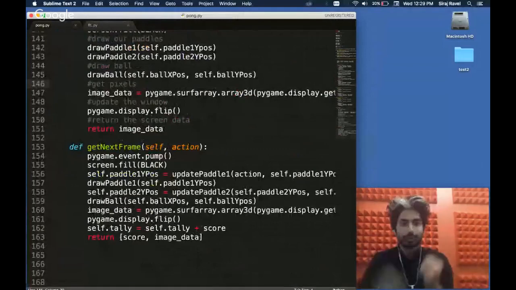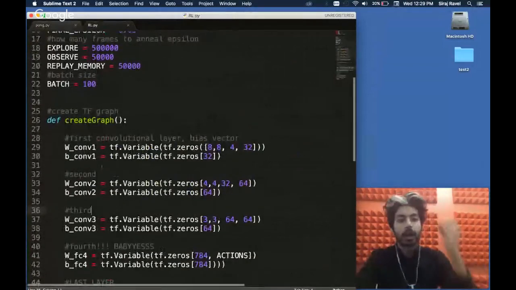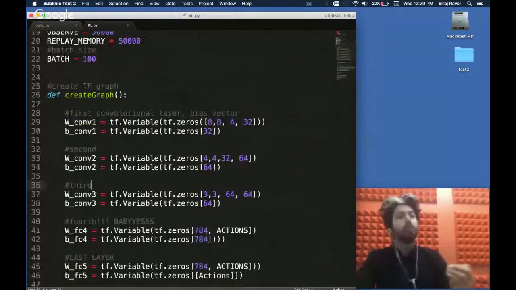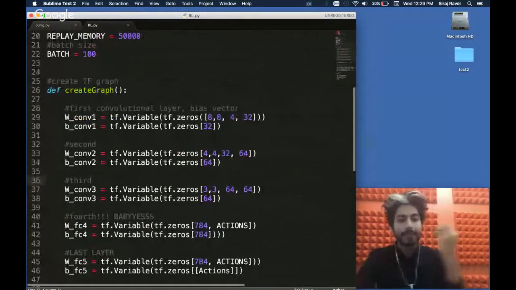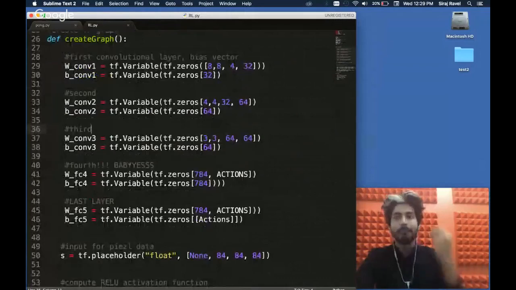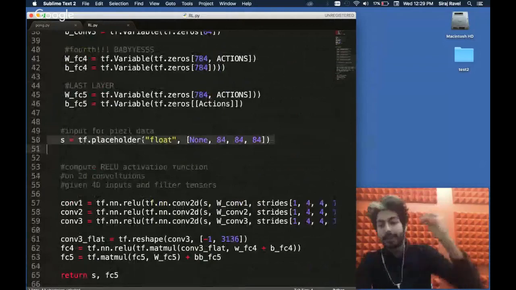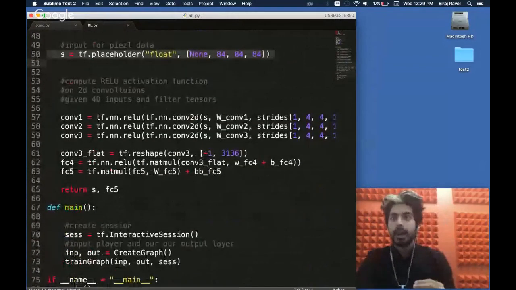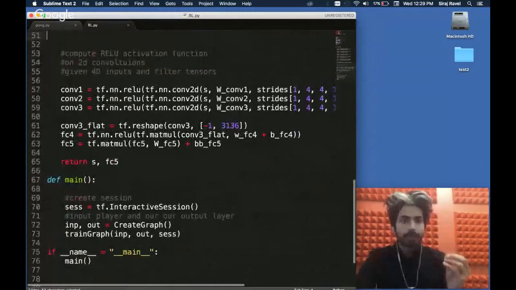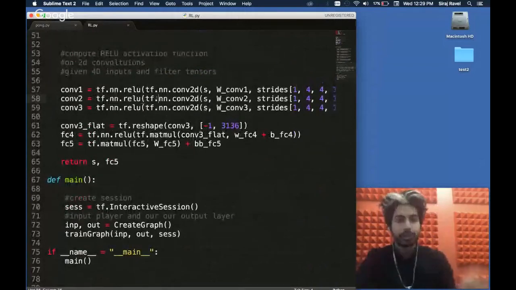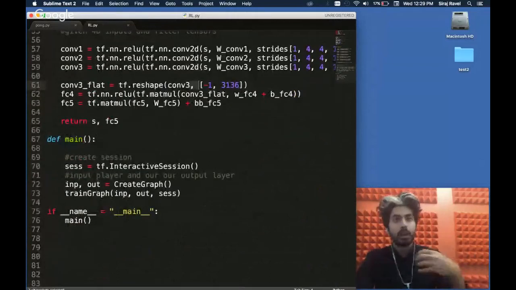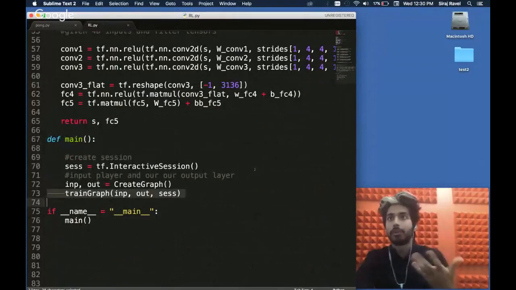We're going to take that pixel data and feed it into our convolutional neural network, our Deep Q network, which is a 5-layer convolutional neural network, and we built these with TensorFlow. We're going to input that using this placeholder variable. That's where the data flows into the network. Once we do that, we're going to apply the ReLU activation function in each layer of that network. Using our agent environment loop in our training graph method, we're going to be able to train our network to be better and better over time.